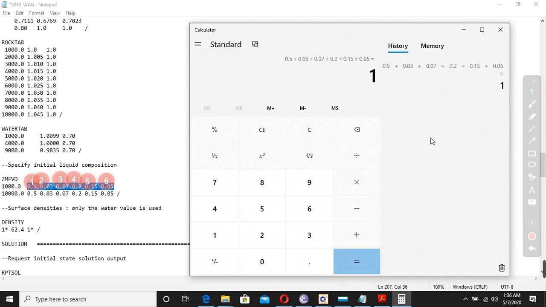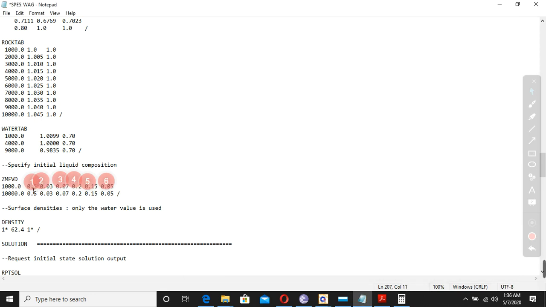So you see 1. Now, for example, you want to reduce this C1. Let's say you make it 0.4. Now this 10% that you reduce has to be adjusted somewhere. Otherwise, it will show error. So this should then be 25 or any other. Originally it is 0.15, for example.